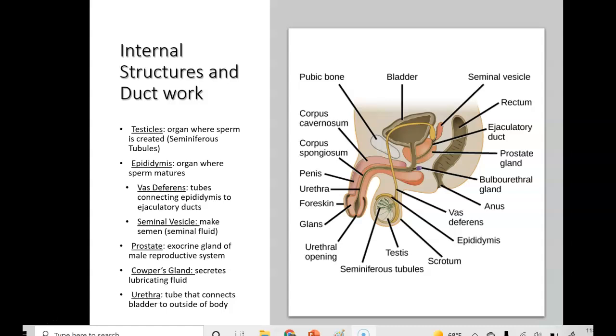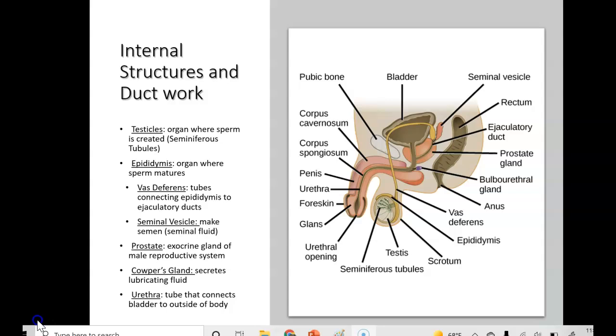Fun fact for you. The sperm will enter into the epididymis and they're moved along by the contraction of smooth muscles that line the epididymal tubules. So there's smooth muscles in here that will contract and it'll push the sperm through. And as they move along the length, the sperm will start to mature and eventually develop the ability to move under their own power. So that flagella that we always associate with sperm will become active and they'll be able to move itself. And this is important because we want the sperm to be able to move itself when it enters into the female